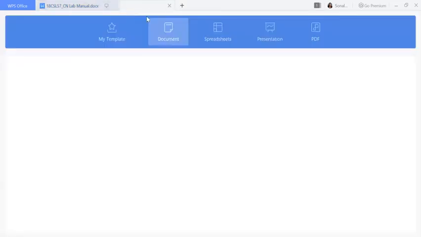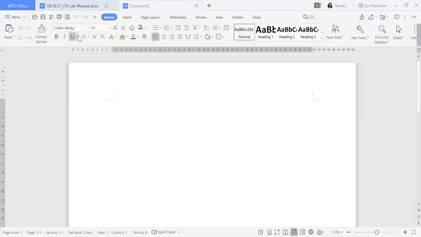Let me open one more document file. I will write down the keywords so that it will be easy for you to remember, and if you want to, you can write down small notes along with me. So what is the full form of ESS? These questions you can get in your viva. It will be extended service set. Some of the important points I will write down in this WordPad.